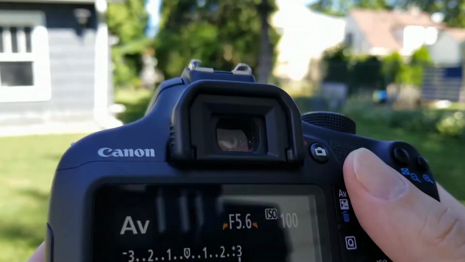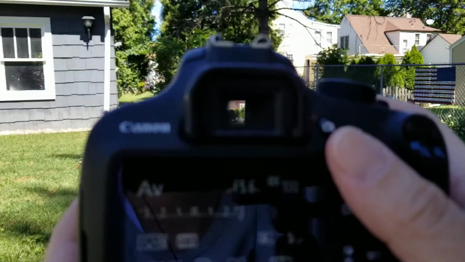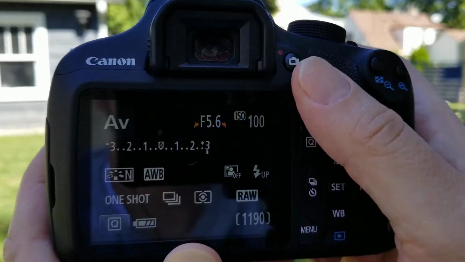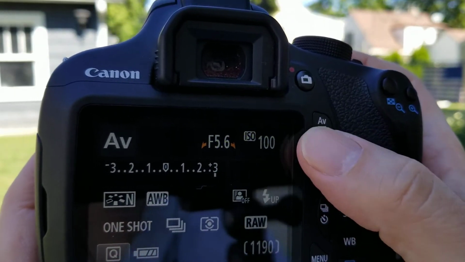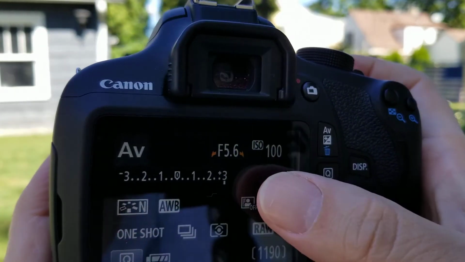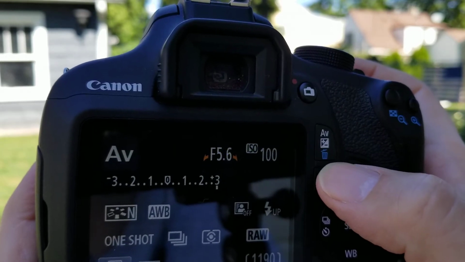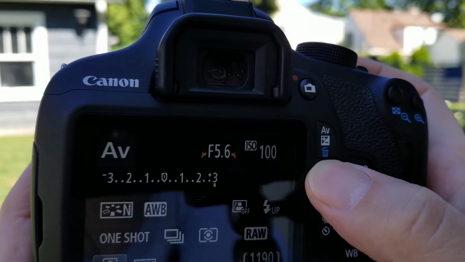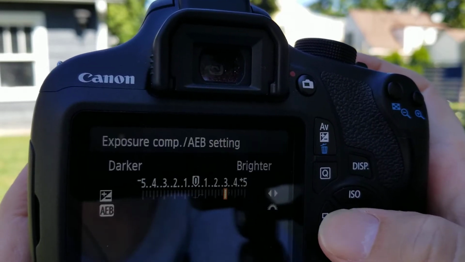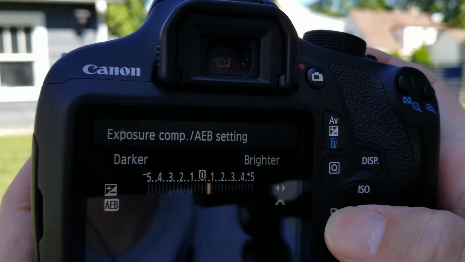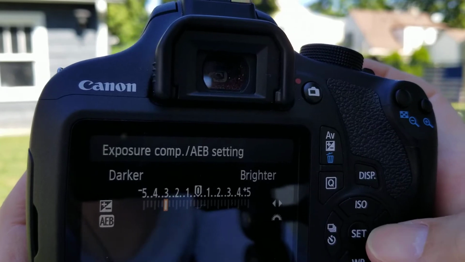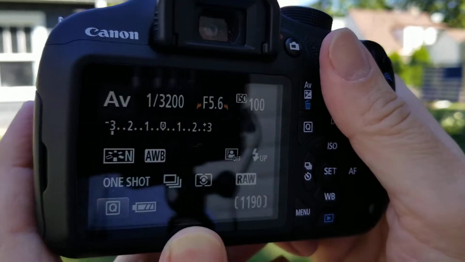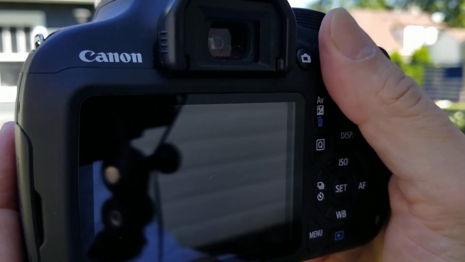So what's happening is, whether I'm in the shadow area or the sun, I'm overexposed by 3 stops. And even just taking a reading, no matter what, if I'm always overexposed, that's a good sign that the auto exposure compensation is off. Now, if I go to 3 stops under,